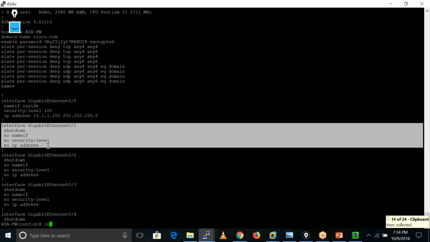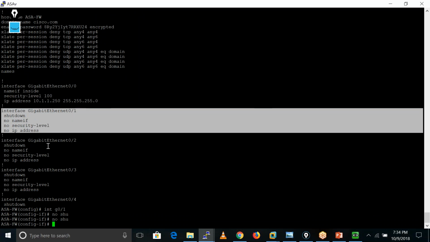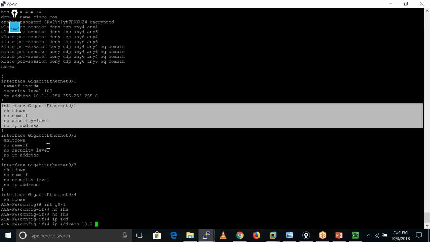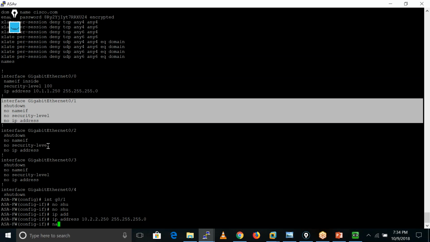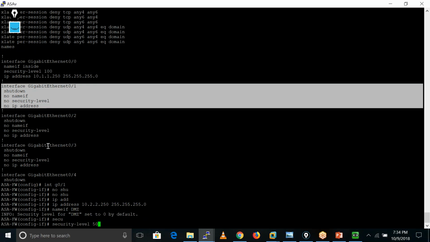I go into this interface and run the no shut command here. After that I set the IP address which is 10.2.2.250 and that subnet mask. I define the name which is DMZ and security level which is 50.